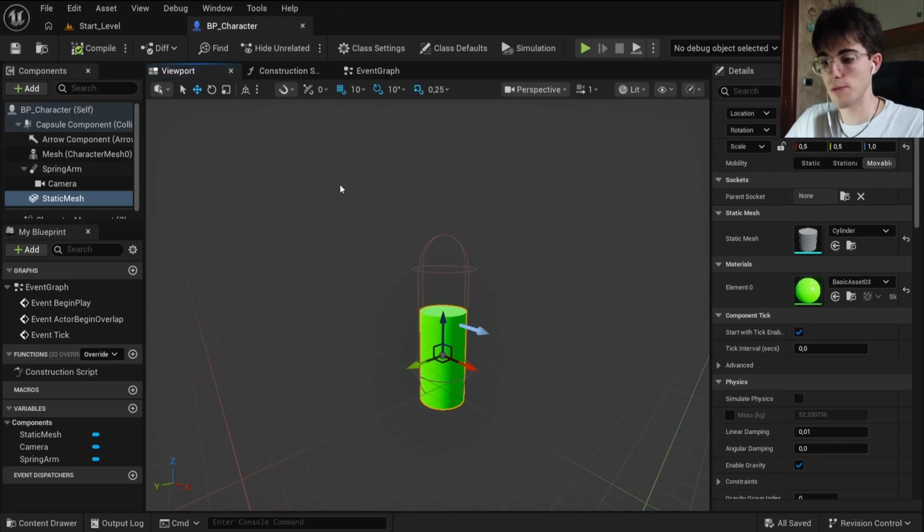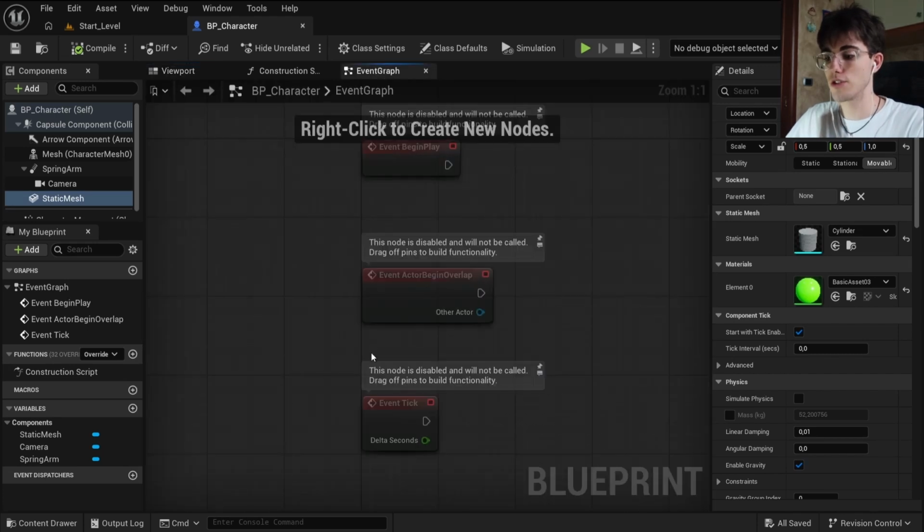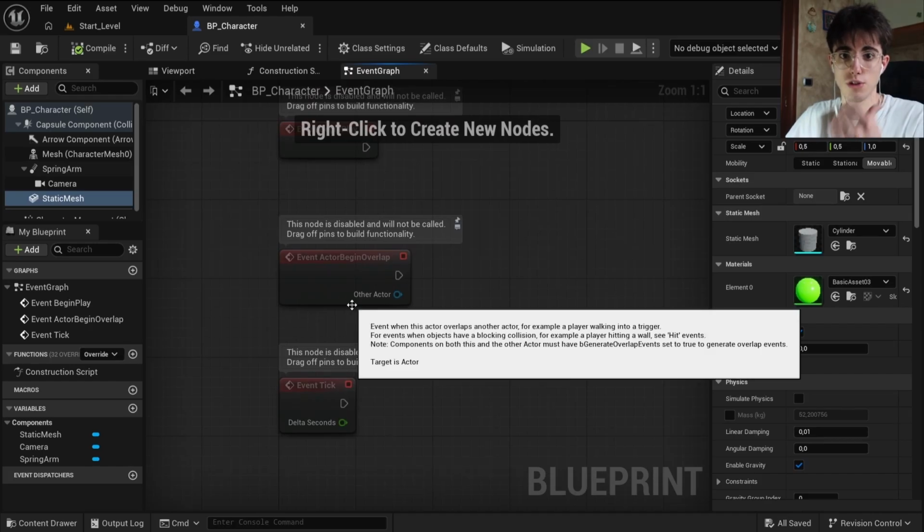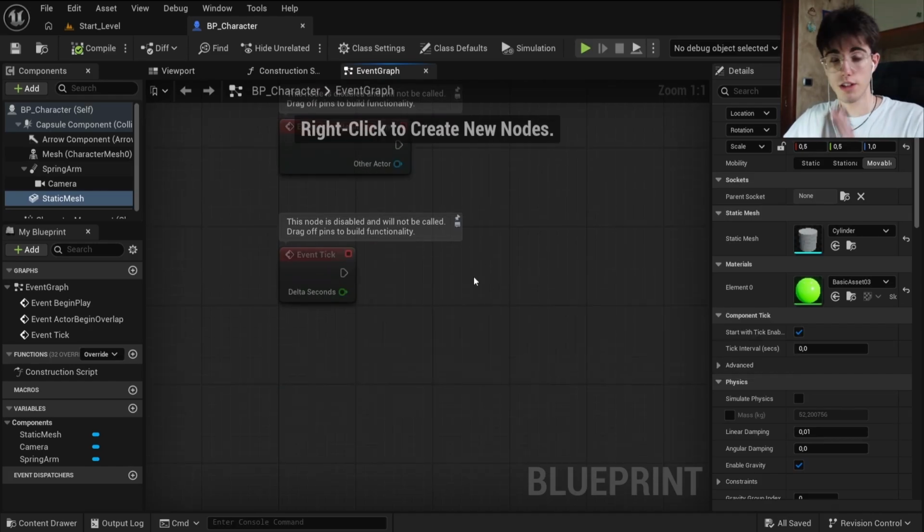So now we have our BP character, and as you can see, there is a viewport and there is an event graph. In the viewport you see your definitive visual representation of the player, and in the event graph you see your blueprints, so basically your actions, your code. Now before doing our code, our blueprints, we must set up our input. So when you press a key, something happens. To do this, go in content